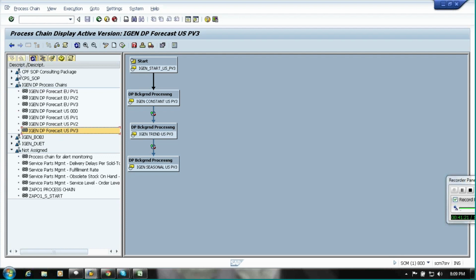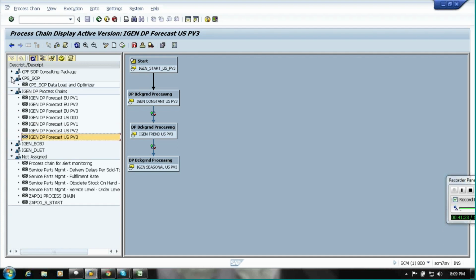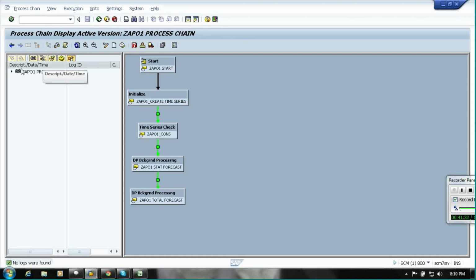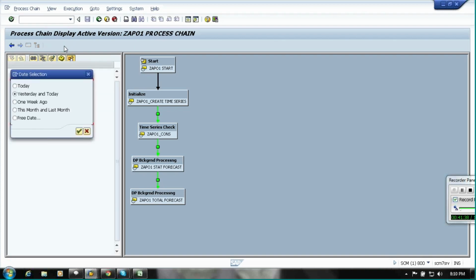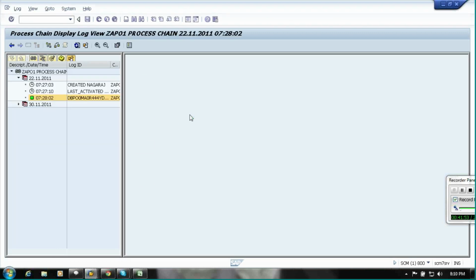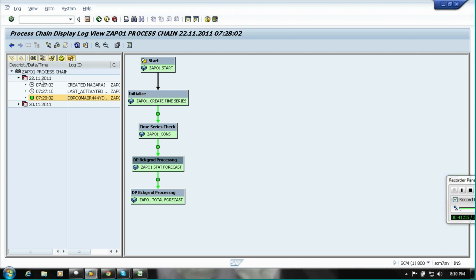And for monitoring also we use the same screen? Yes, monitoring also uses the same screen. For example, if I want to monitor this process chain, just double click this process chain and go to the log. Now there is no log here because we have selected the date as yesterday and today only. So go to the log view and you can take the free date. I think I ran it about 1 month back, so I will give a 1 month date range. Here you can give the date range, like in SM37, and it will show the 22nd, 11th it ran last time,